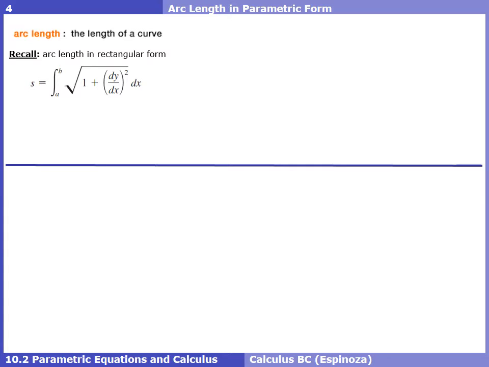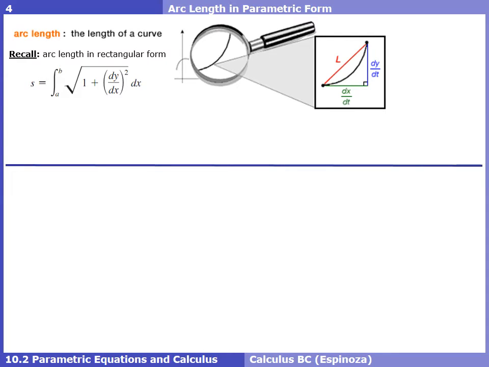But now we're dealing with parametric equations. The process of developing this formula that you're about to see is very similar to the one that we did back in 7.4 for rectangular equations, or again, the regular y equals equations. So what we're doing here is we're taking a curve and zooming in very, very close. And what we're trying to do is find the length of this curve right here. Of course, we don't know how to do that, but if you think about this being a super tiny little piece of this graph,